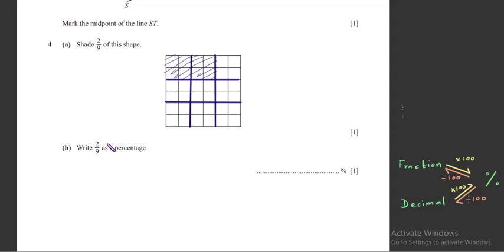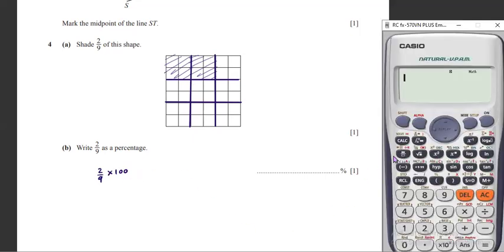Question B, write 2/9 as a percentage. Now we have a fraction here. When we try to convert a fraction or a decimal to a percentage, you should always times it by 100. And if we are to do it the other way around, we got to divide it by 100. So here we need to times this 2/9 by 100. So we have 2/9, and then I'm going to times it by 100. So when I do that, I end up getting